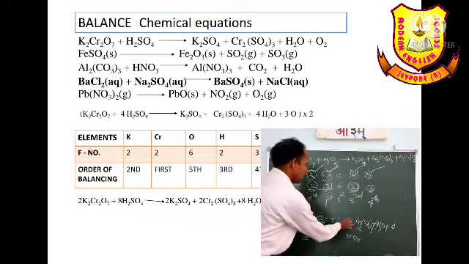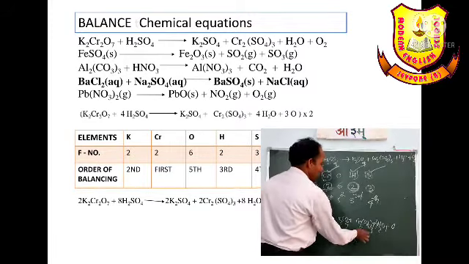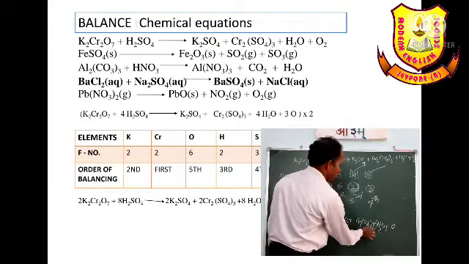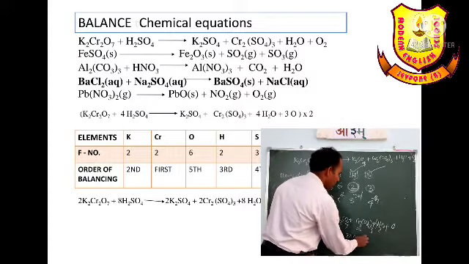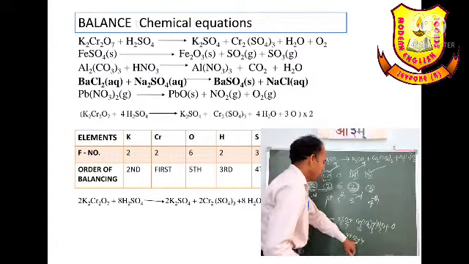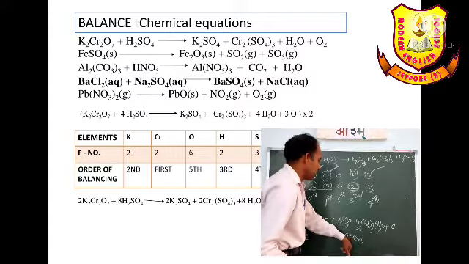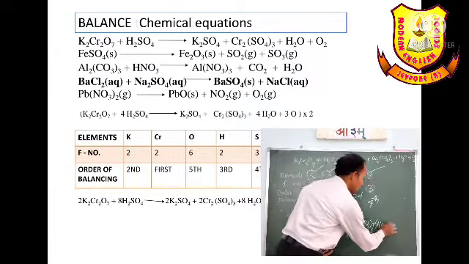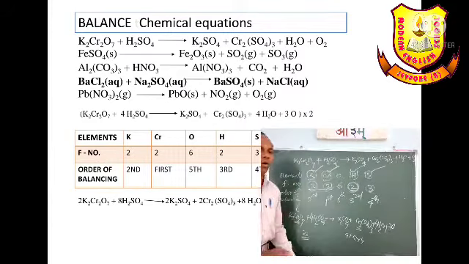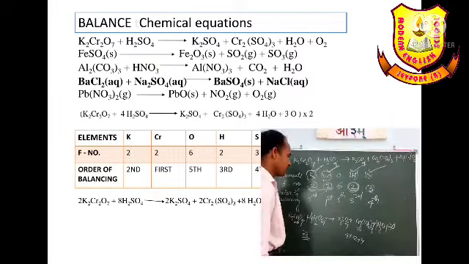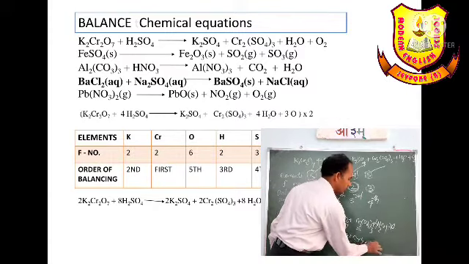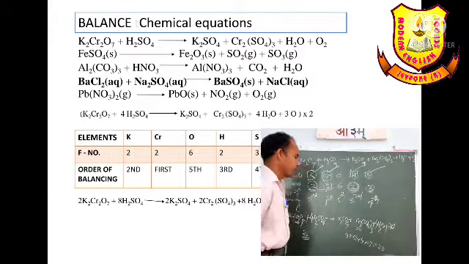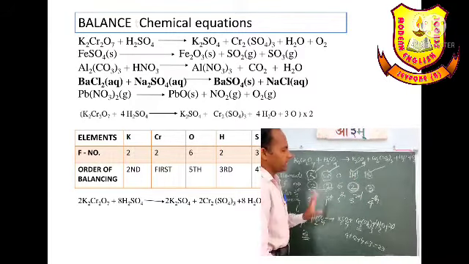Then now we see here oxygen 4, here oxygen 4 is 12, here 4, how much happened? 4 plus 8, 12 plus 8, 20, this side is 23. So we will put here 3. So oxygen is balanced. So here 3 means this one also 23. So everything is balanced now.